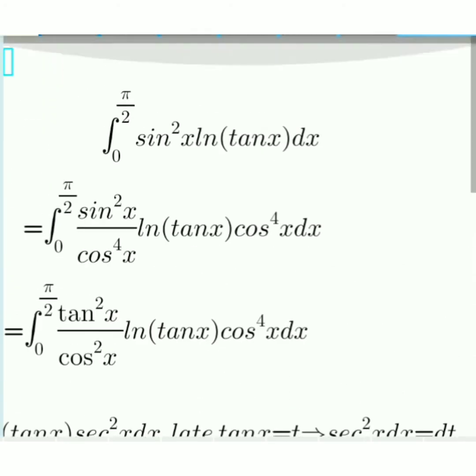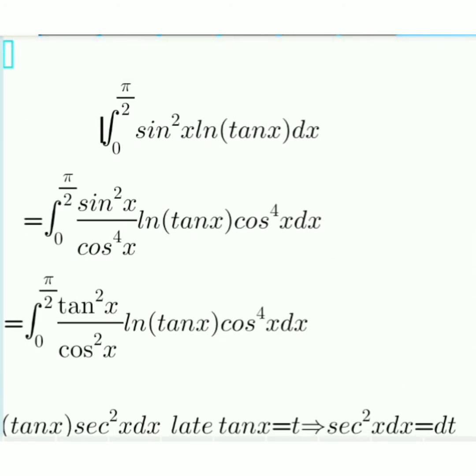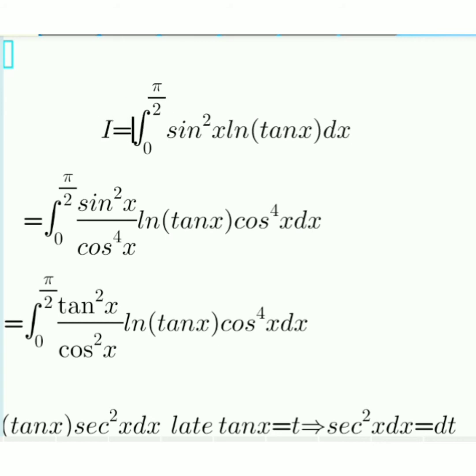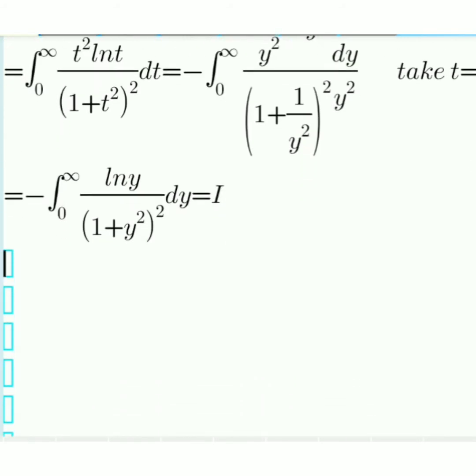This value I also write as I. So friends, whatever we can get, 2 capital I equals to 0 to infinity,